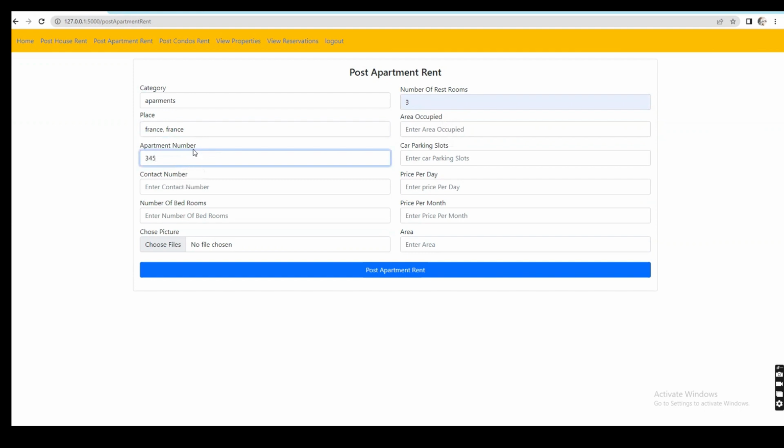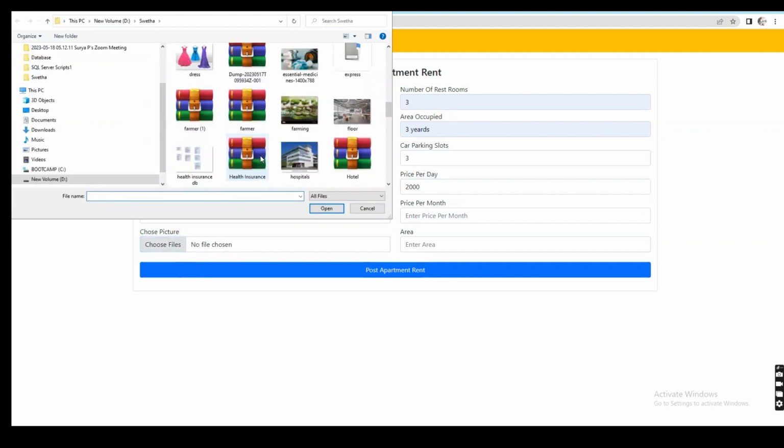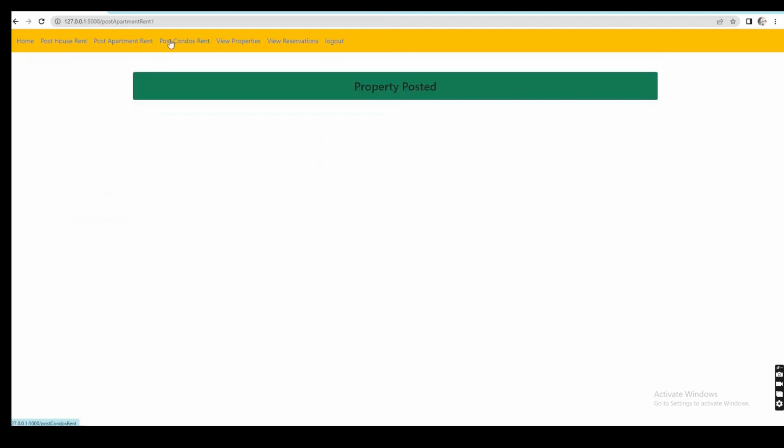For the apartment: apartment number, occupied area, contact number, price per day, number of bedrooms, picture, and price per month. Post apartment for rent. After posting the apartment,